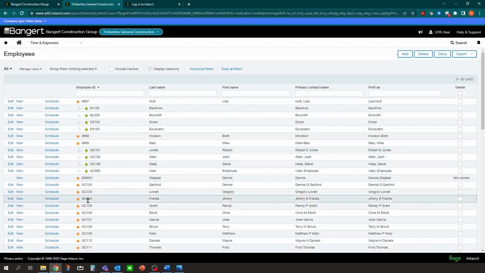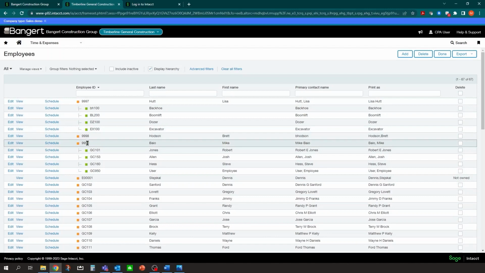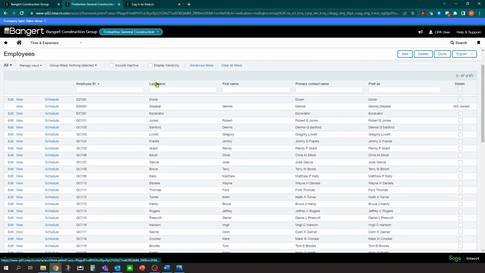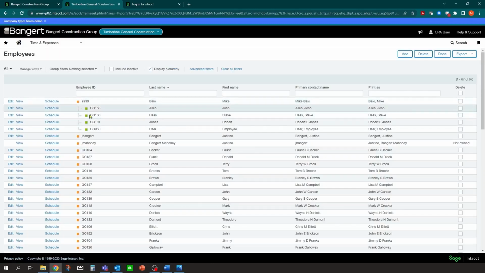So for example, 999, myself, I am the manager for these 4 employees underneath it. So they're not in employee ID order anymore. They're shown based on the structure of who's the manager underneath them. I could turn off the hierarchy and then I'll just see it in employee ID order, or I can sort by last name if I want to, and so forth. When you click display hierarchy, it's going to show me here as well. So what we'll do here is let's go into Robert Jones, and I'm going to click edit.